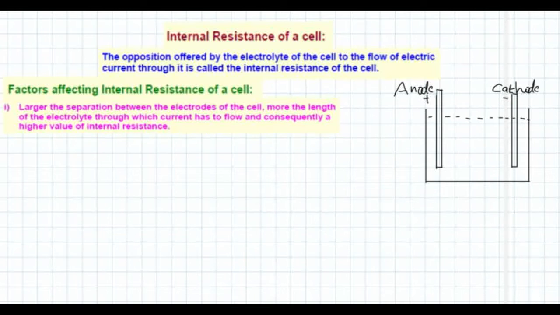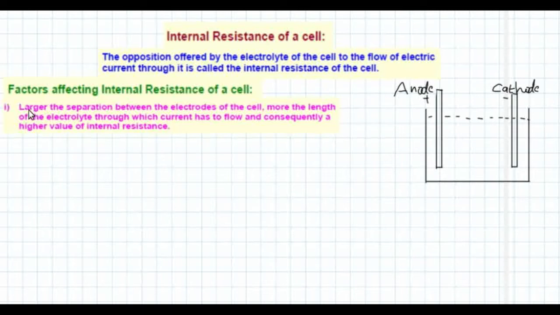Then what are the factors that affect the internal resistance of a cell? When these ions move through the electrolyte, there will be some resistance offered by the electrolyte itself. Some kind of chemical reaction will take place, and these ions will move towards the respective electrodes. That is, negative ions will move towards the cathode and positive ions will move towards the anode. This we know already. And when these ions move through the electrolyte, there will be some resistance offered by the electrolyte itself. And that is what is called internal resistance of the cell.